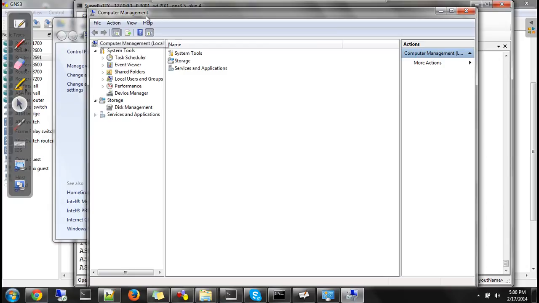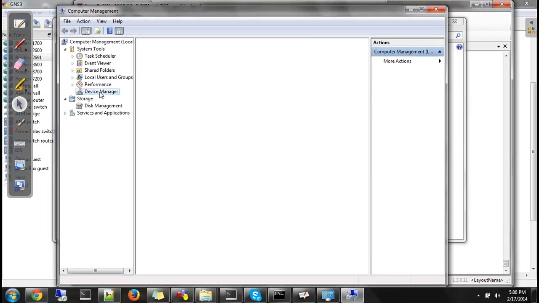Once you come to this window, click on device manager. This would populate a list in this middle window.